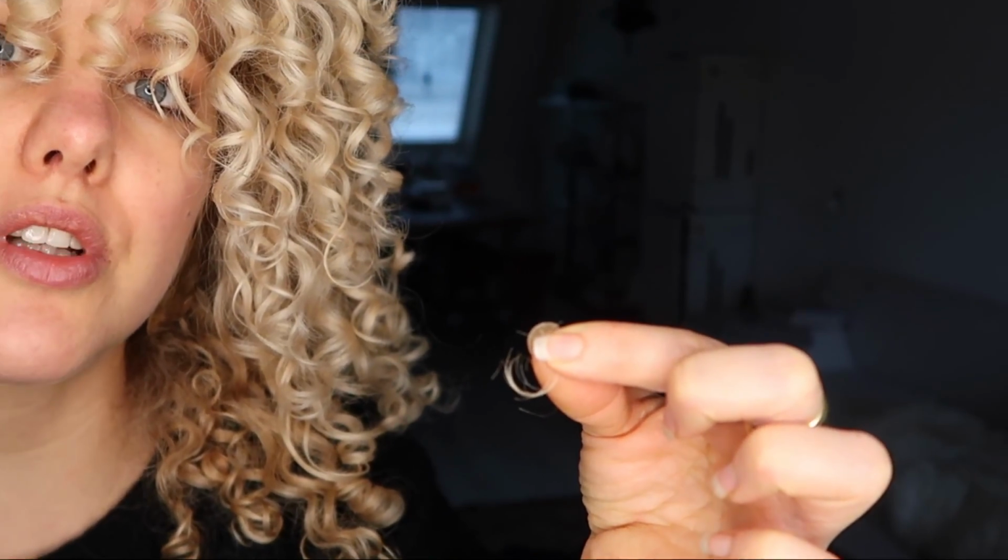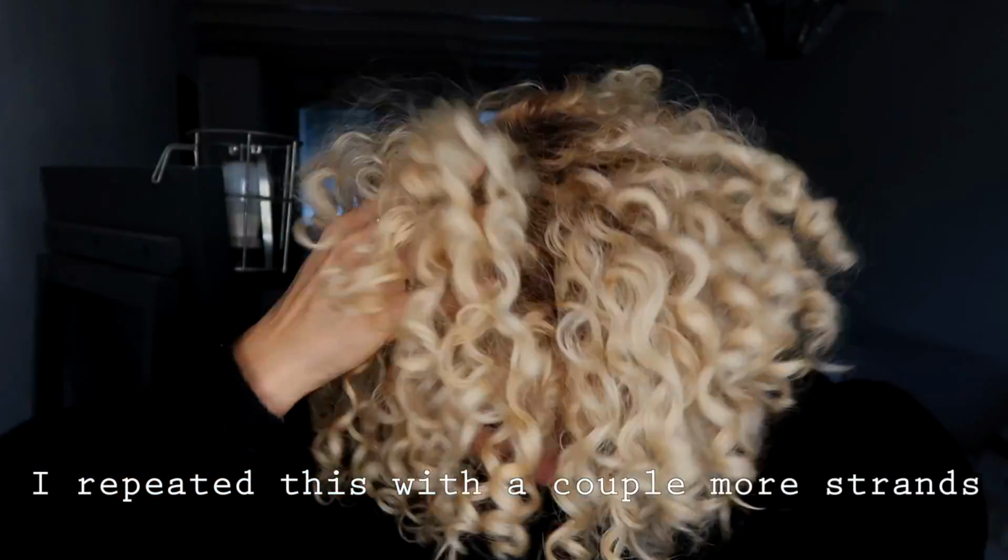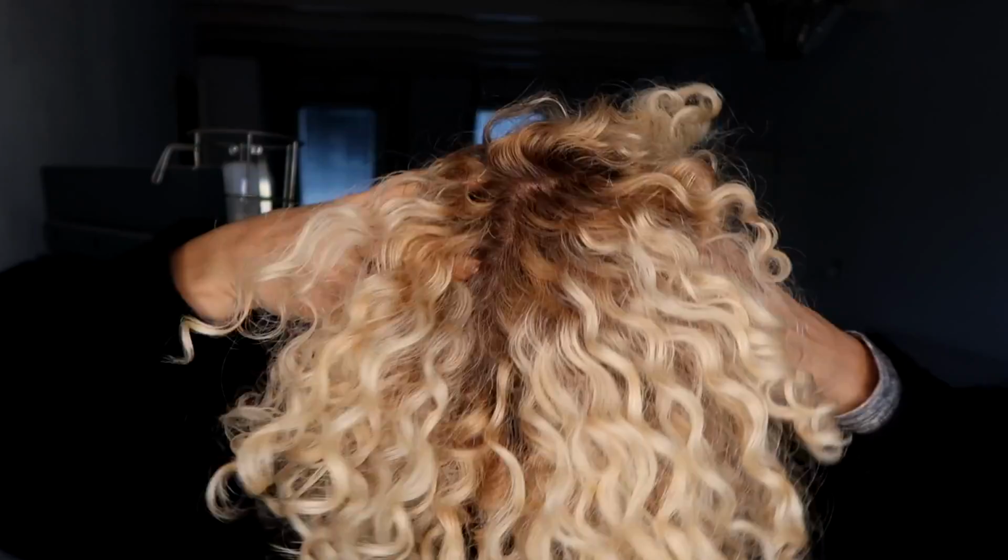Only this much that I'm cutting off. And that is how I try to keep my hair healthy. But I want to tell you what I do to promote the hair growth. Now,